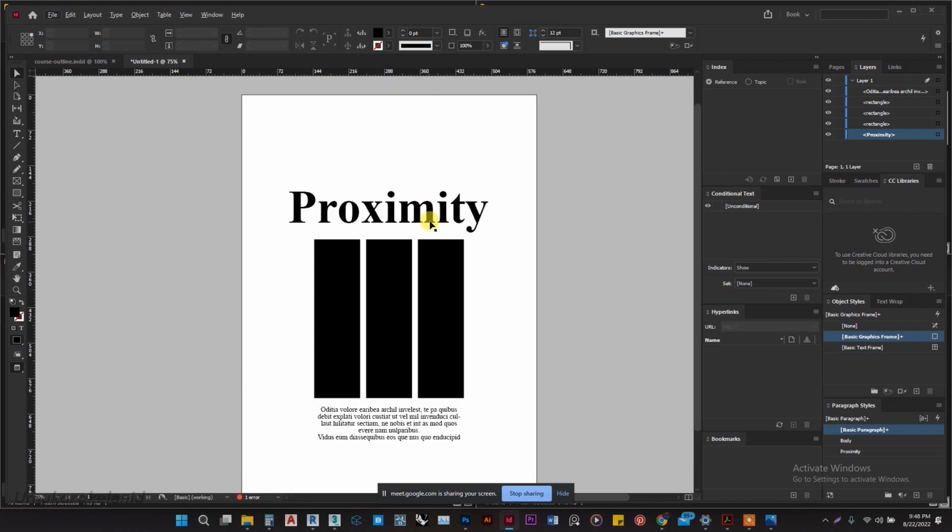From the bottom of this proximity to the top of this triangle, this is a white space. In between these rectangles are white spaces, which are negative spaces. Let me use the word negative so that you don't mix it up, because this design itself is just black and white. So now any space,